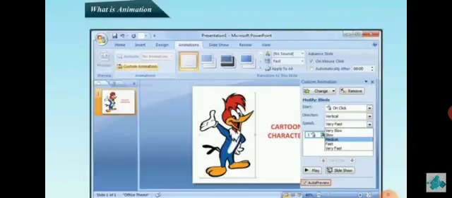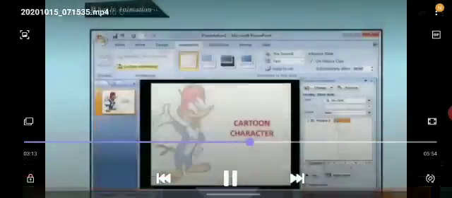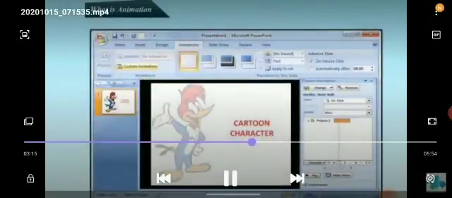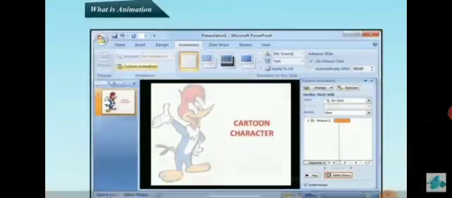Then preview. Auto preview is clicked here, so you can check the preview of how your object is moving. Next is animation preview. Again go to the animation.